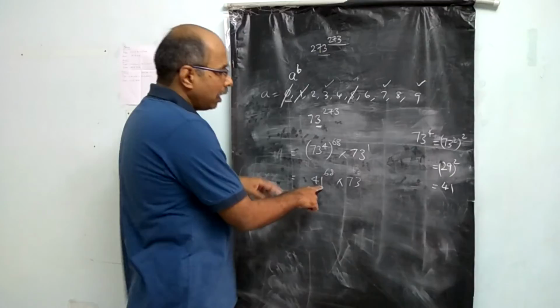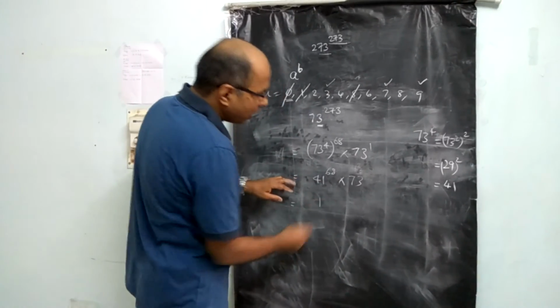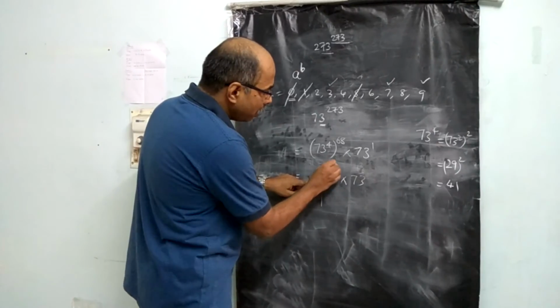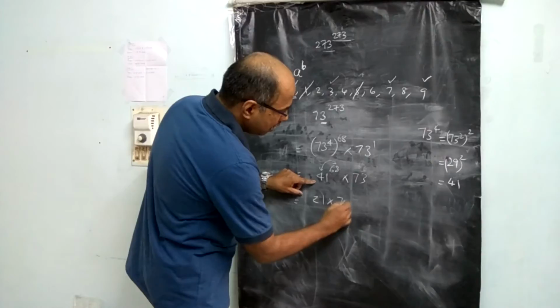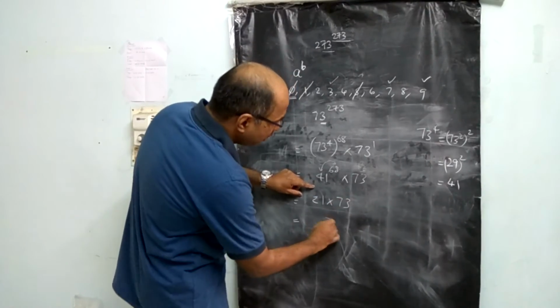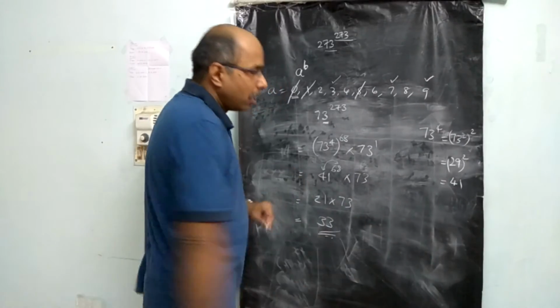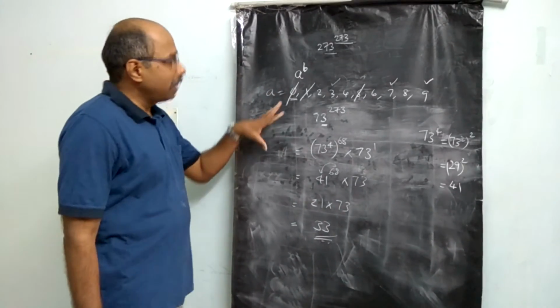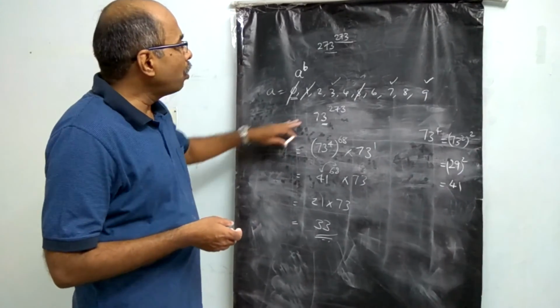When the base ends with 1, we know the shortcut. Write 1 as the unit digit, and the tens digit will be 4 into 68, that is 2, into 73. Now we multiply this. This is 3, and 6 plus 7 is 3. So the last two digits of 273 power 273 will be 33. Okay. This is how we have to calculate